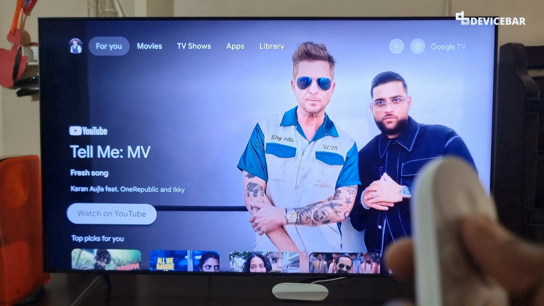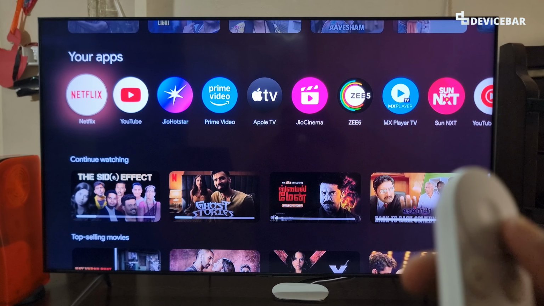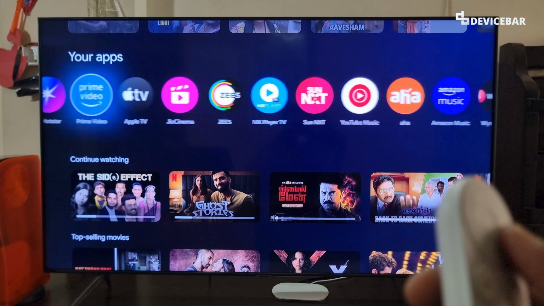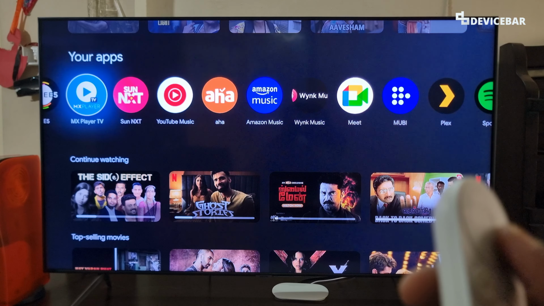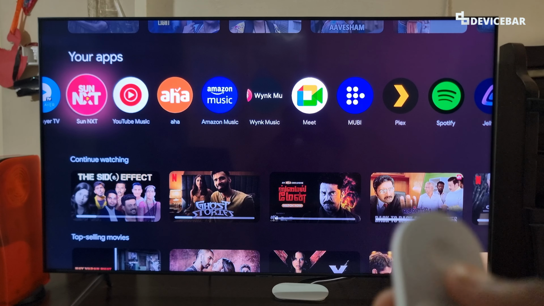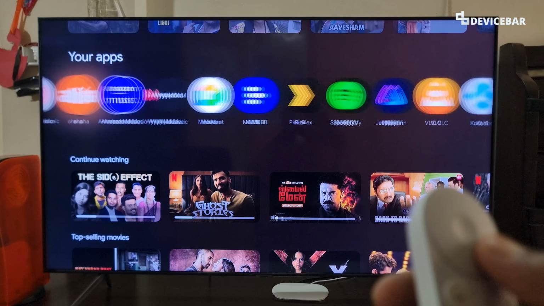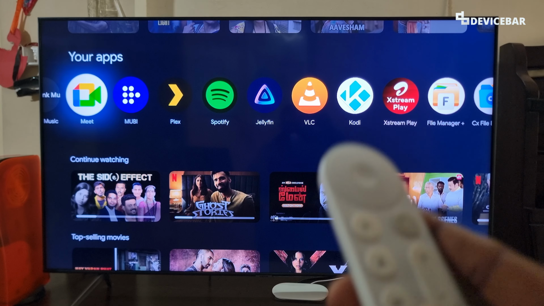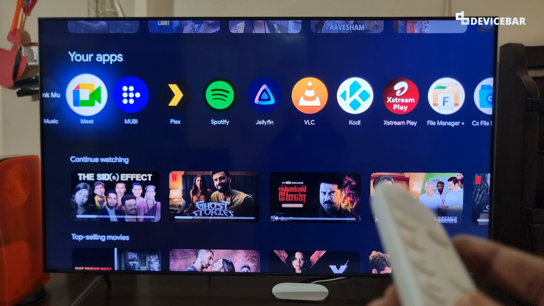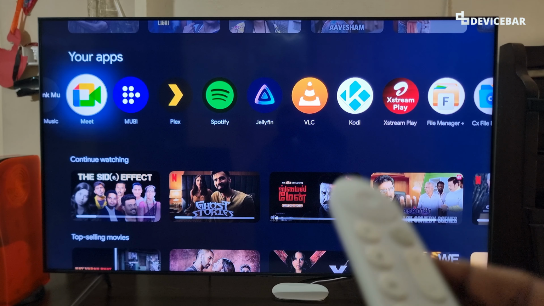By default, Google TV will keep a lot of our commonly used OTT apps and other apps pre-installed. We can keep them if we want, or we can uninstall them to save some storage space. We can also install other APK app files on our Google TV, but we will cover that in a different